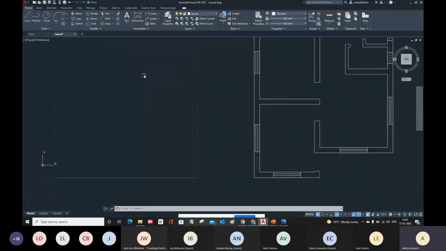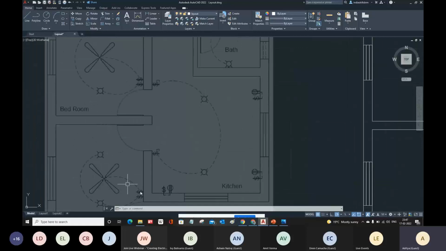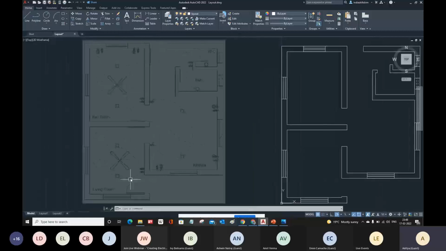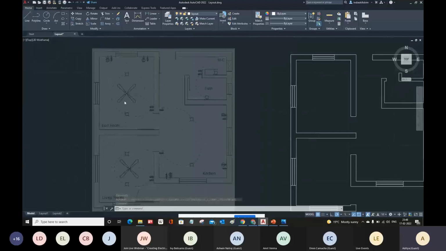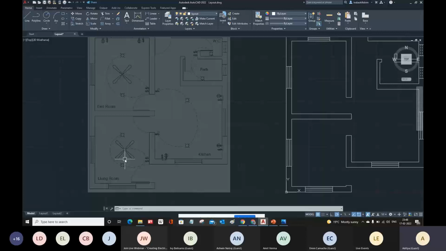First of all, let's start with this living room area here, where we have these two bulbs, a fan, and these two objects are looking quite similar. So instead of creating both these items, you can simply create one item, this fan, these two bulbs, and after that you can just place it right here, or you can copy. Instead of creating a simple item, suppose you want to make some changes later on, so it's better to create the block item of these components.